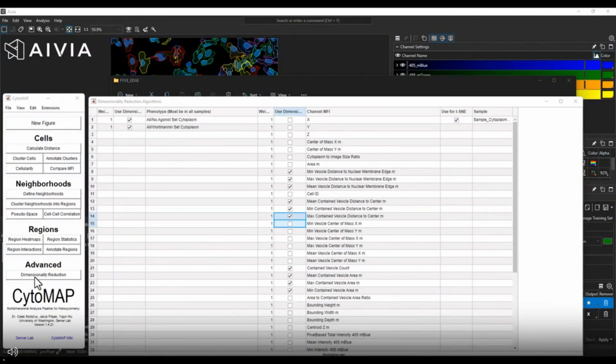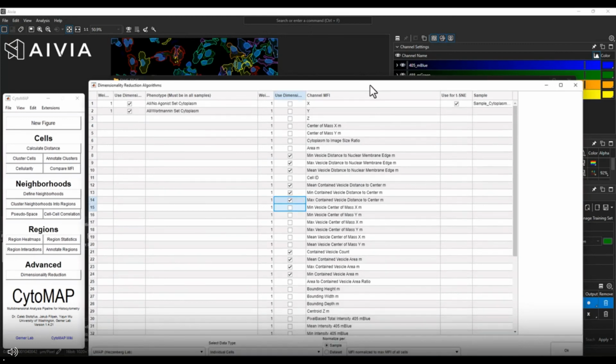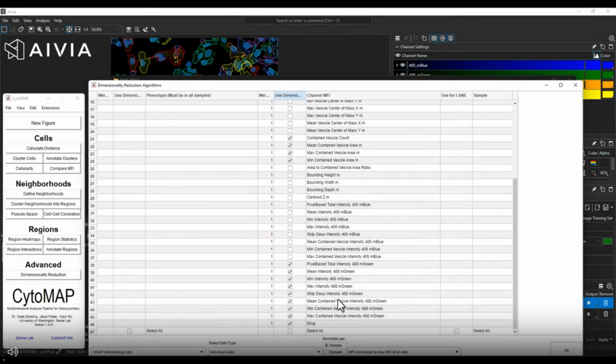Lastly, I'll show you a dimensionality reduction tool in Cytomap and how you could use this with measurements from AVIA. Dimensionality reduction is a rapidly emerging tool in the field of spatial biology. In this example, I've chosen a multi-well image set where the absolute XYZ coordinates may not be sensible as measurements. However, there are interesting relative distance measurements such as the mean vesicle distance to the nuclear membrane from AVIA